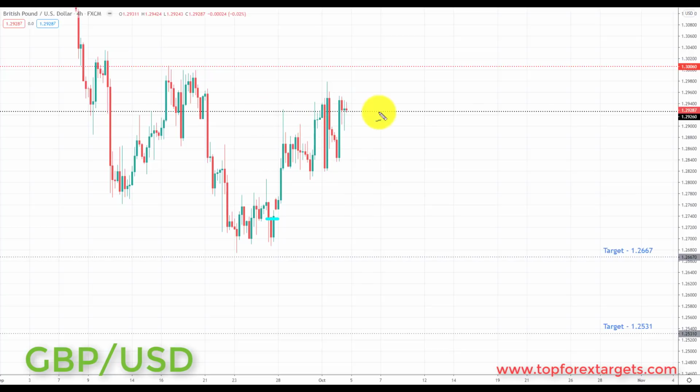So very simply put, going into this week, this is now a great place to start to look for bearish setups in this market. And if we start to break to the downside, we're going to be looking at initiating shorts down towards the next key of support to the downside and the target set at the 1.2667.